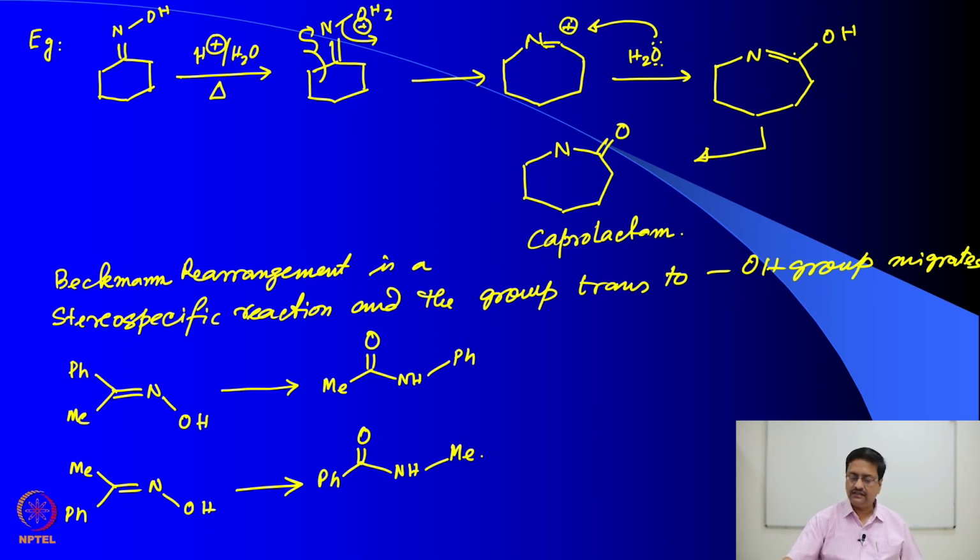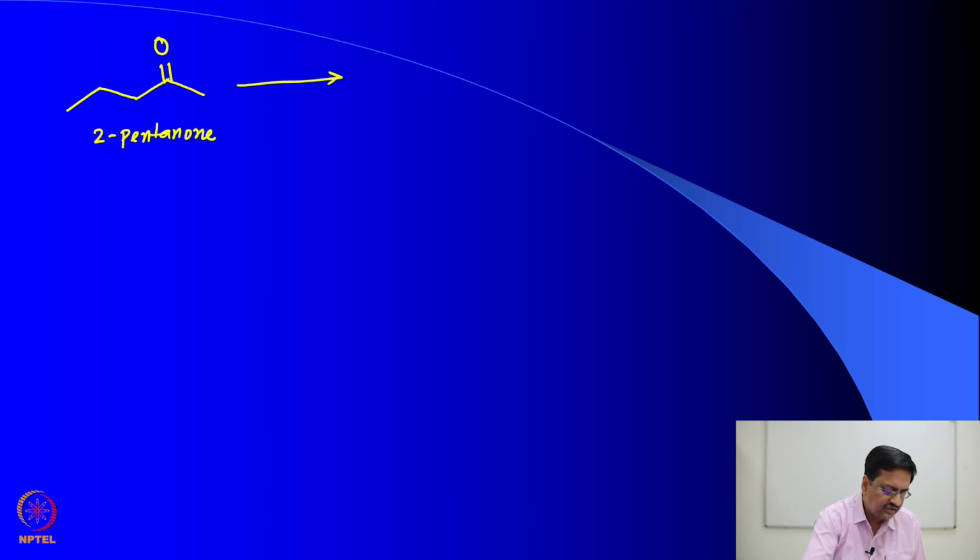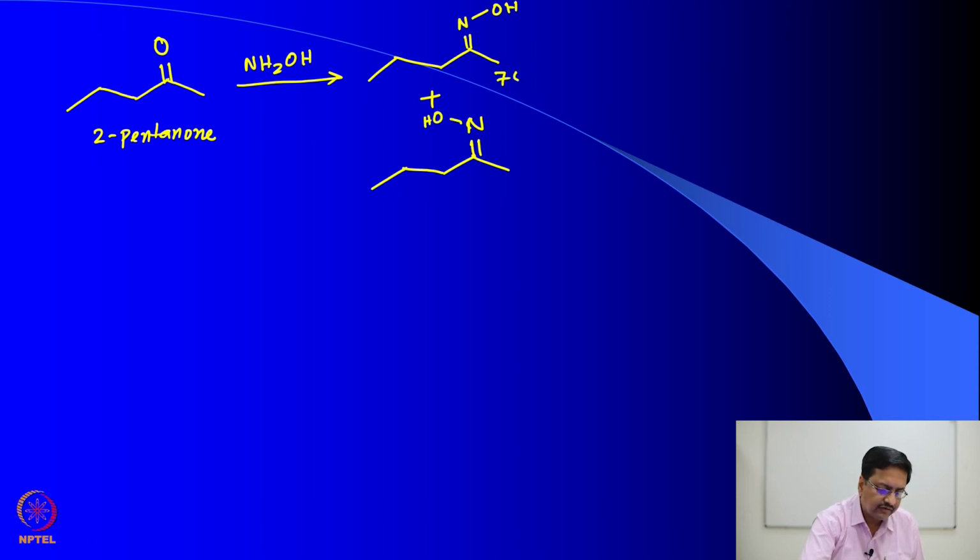So, what is seen in case of a Beckmann rearrangement starting from a ketone? Let us see what happens. If you start doing a reaction from this particular ketone, that is 2-pentanone, first if we treat this with hydroxylamine, what we would get are two different oximes, in a ratio of 75:25,